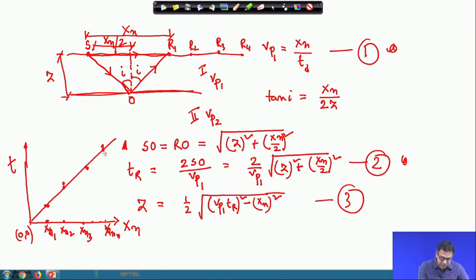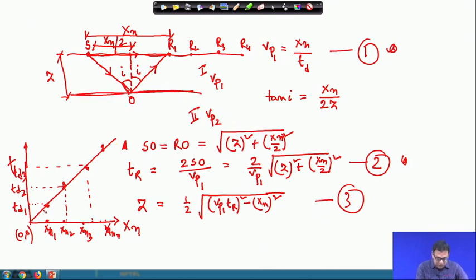So, these are the points. That means the time required to travel directly from the source to this geophone which is placed at xn1 will take this time, and for the xn2 this is the time required to travel the wave directly from source to the geophone. So, similarly, this is TD1, this is TD2, this is TD3. So, we will get a straight line where we are getting the best fit curve. So, the possibility of the error will reduce.